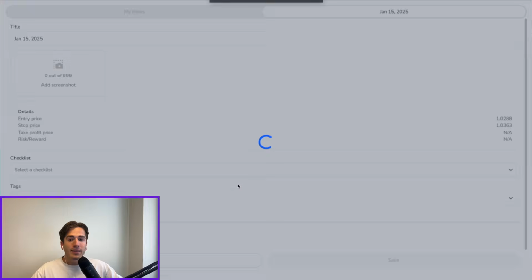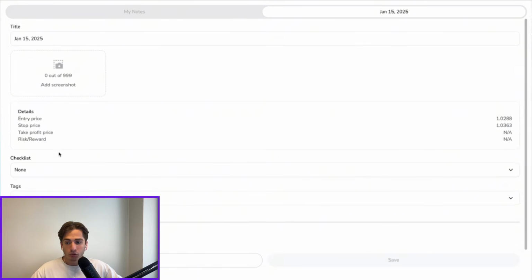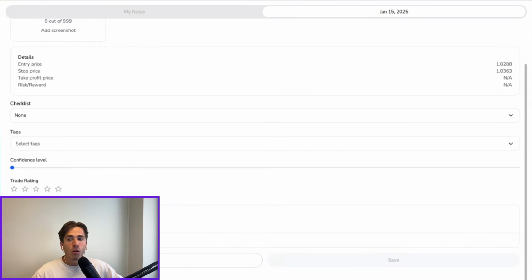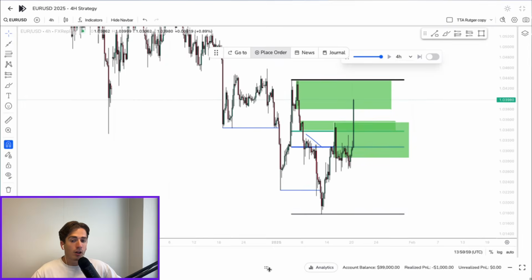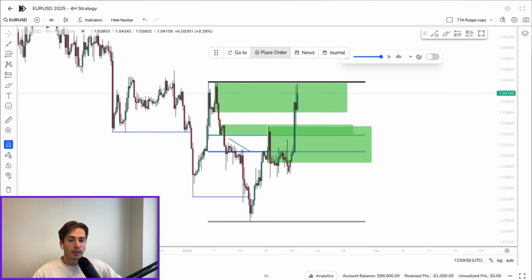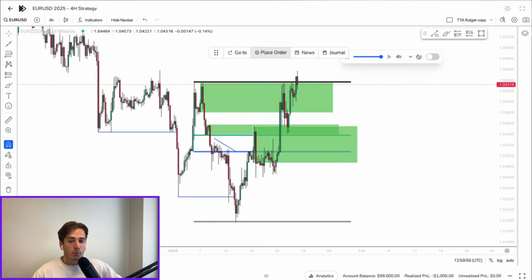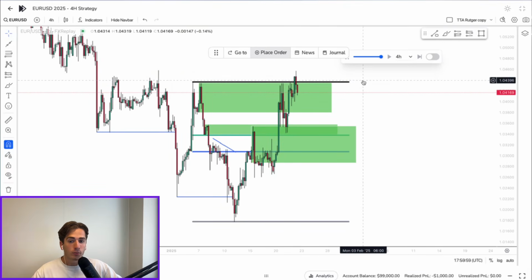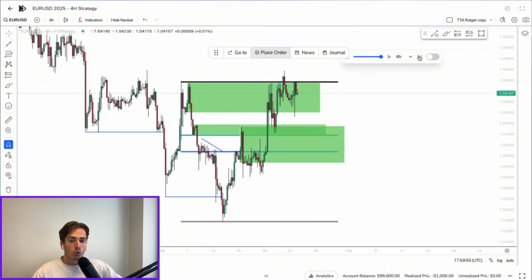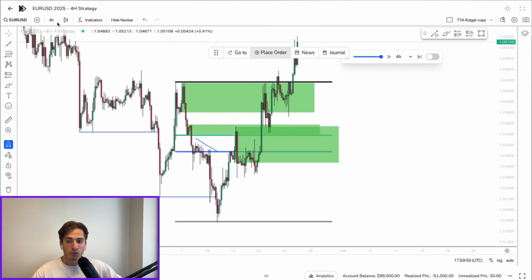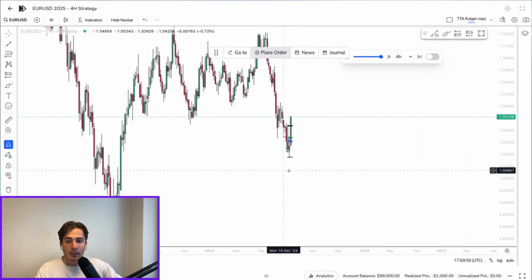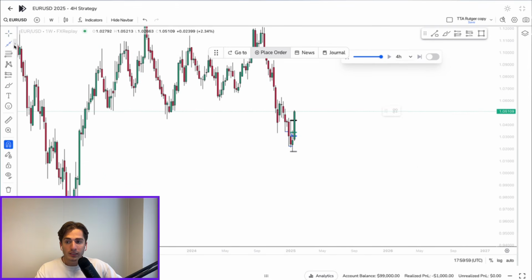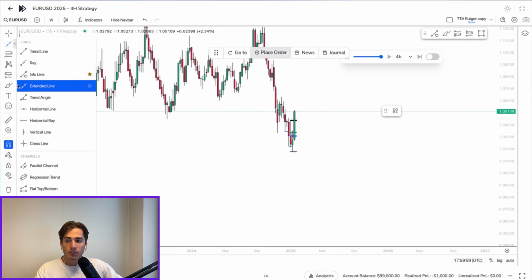If you furthermore want to break down this trade, you can also go to the journal trade section, and in there you can add, for example, a screenshot and an entire breakdown of why you took that trade, including all the different confluences and all the other pieces of feedback that you want to give to that trade. Now what we can see here is that the market eventually reacts to that higher supply zone, but then overall continues pushing further towards the upside, in line with what we saw on the weekly time frame to be an overall liquidity sweep of the lows down below